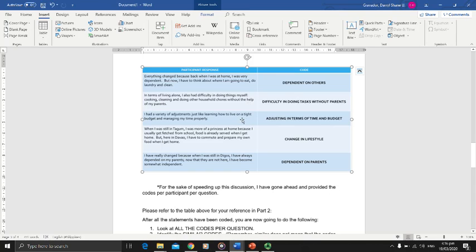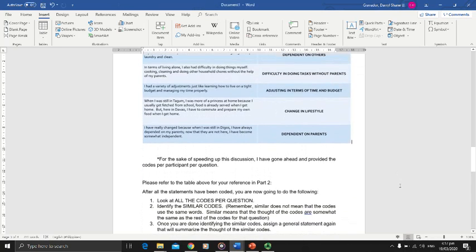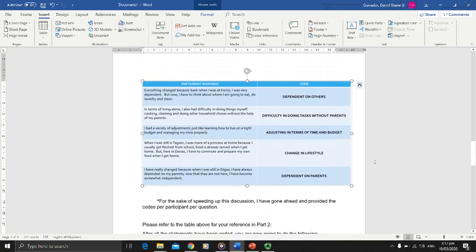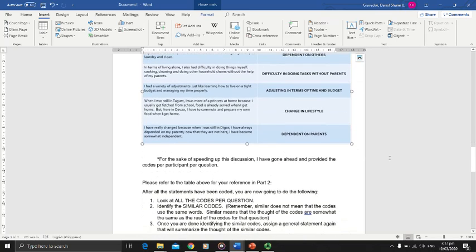For participant 3, question 1, the code is adjusting in terms of time and budget. For participant 4, question 1, the code is change in lifestyle. And lastly, for participant 5, the response to question 1, the code is being dependent on parents. Okay, from here on out, this table is going to be our reference point. After all these codes have been assigned, we are going to proceed to